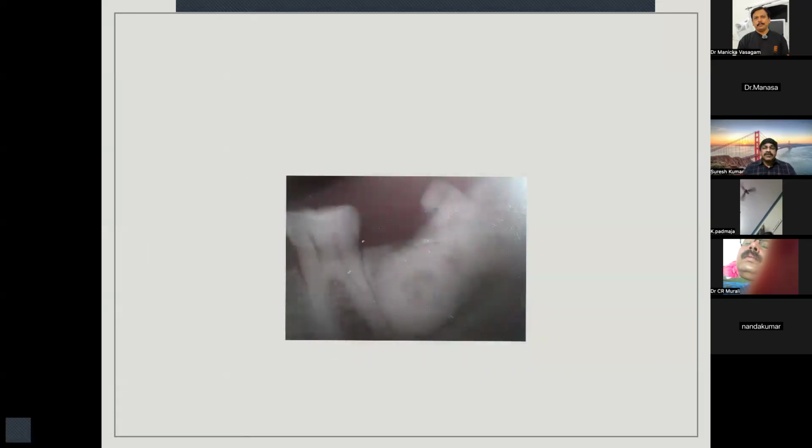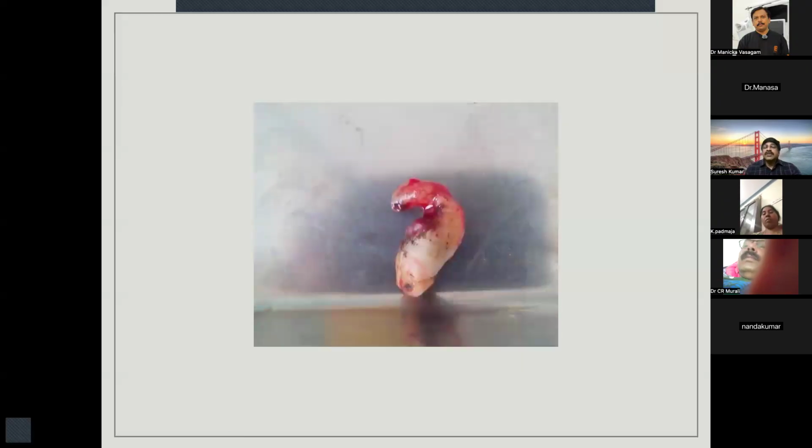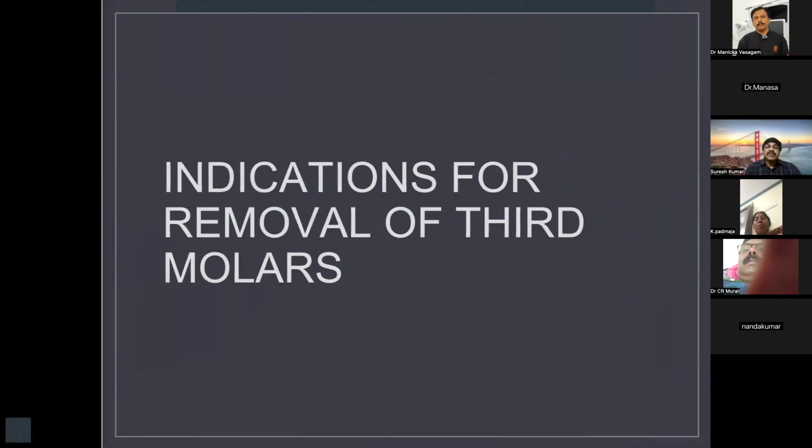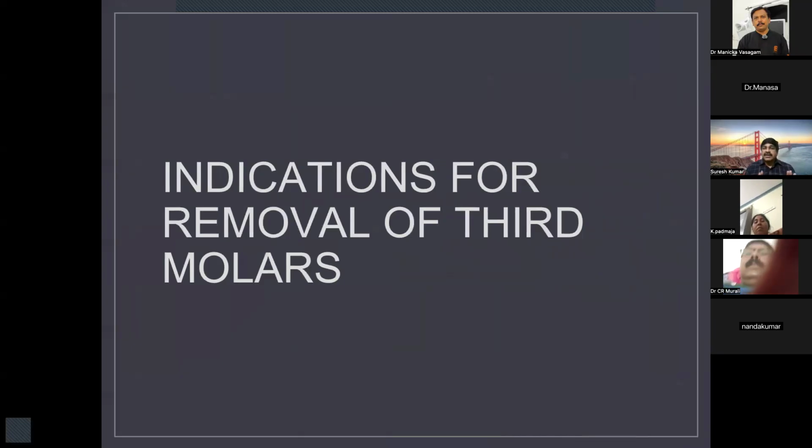The teeth can also be seen like this. You can see a bullseye appearance of the lower third molar, where the crown is here and the root is up. Now the occlusal surface of the crown, you cannot relate it to the tooth because the root is at a higher level. So this is all very confusing, but luckily these conditions are rare, so we don't have to worry about these difficult situations. We are worried more about the regular standard cases which will be reporting to your clinical practice.